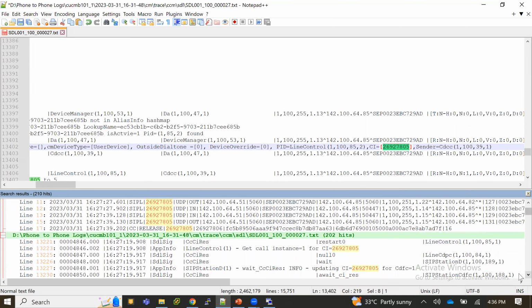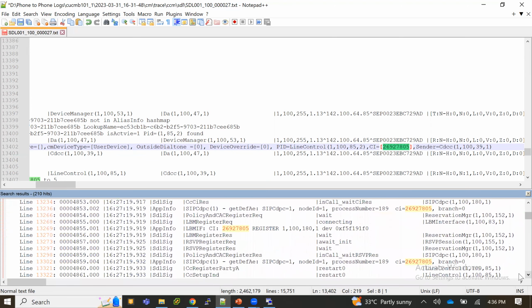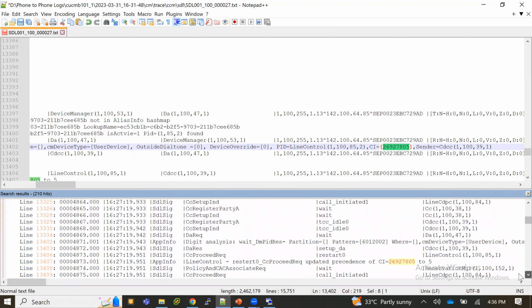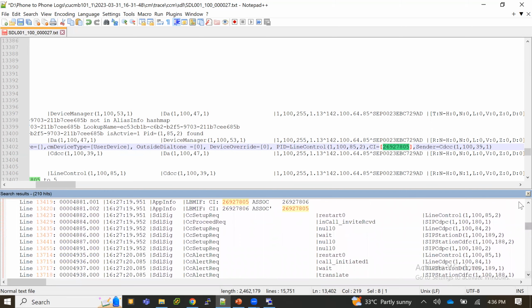I'm going step by step. First, what you have to do, digit analysis. Next, you have to wait DMPID request. In the wait DMPID, if you scroll last, you get the CI number. So mark that CI number and search that CI number on the search result. Okay. When you are searching, if you under the search, scroll down, scroll down, scroll down, what exactly I'm looking